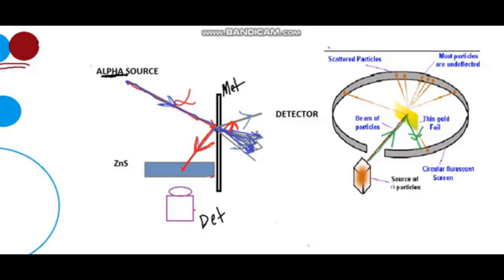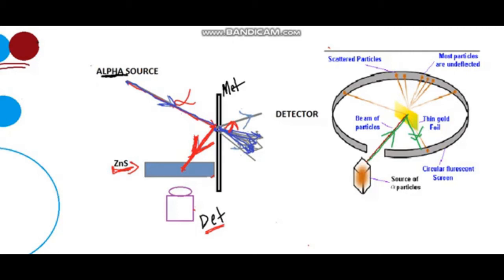So here, when the alpha particles come and collide with the zinc sulfide layer, which we have made from zinc sulfide, they produce some sparks, or we can call them scintillation, and that scintillation can be detected by this detector. We also have a detector here to detect the scattered alpha particles. So this zinc sulfide is used to count the scintillation, or the spark, to know how many alpha particles are coming back, or back scattered,